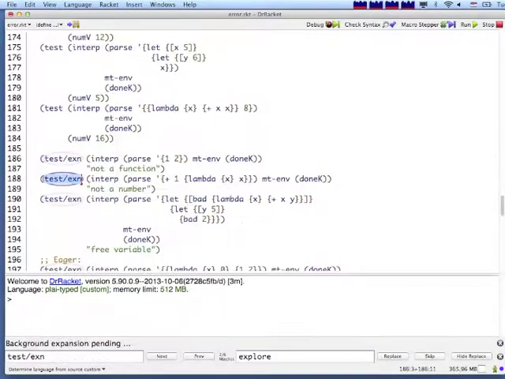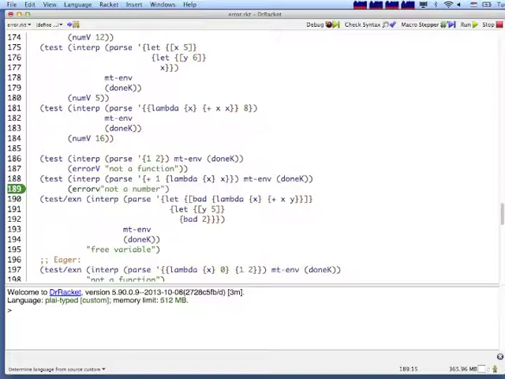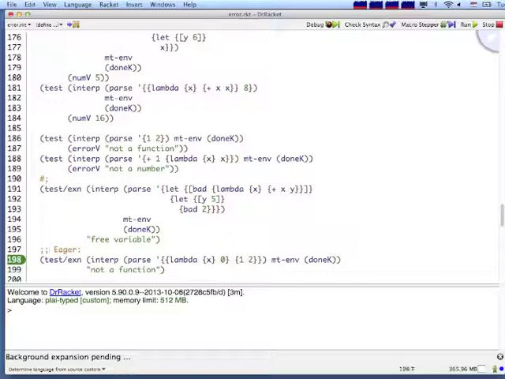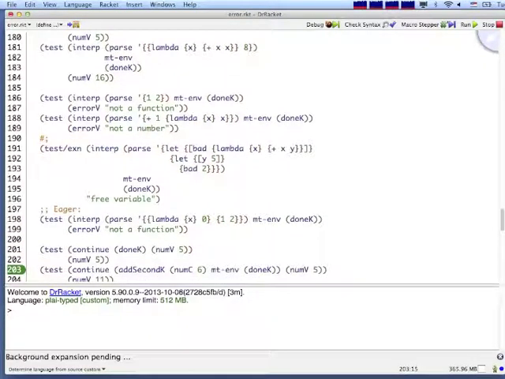And here are more test exceptions. So the first one should be an errorV not a function. Second one is an errorV not a number. This one I'm going to set aside for a moment. I'm just commenting it out. This one is again errorV not a function. Okay. So with that change, we can run our interpreter, run all our tests,